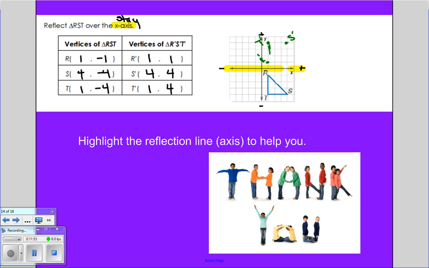You're going to use a straight edge. I wish I had one for my tablet here, but I don't. Okay, so there's our reflected triangle. It looks like it's reflecting across a mirror. Okay, you're going to continue to practice this